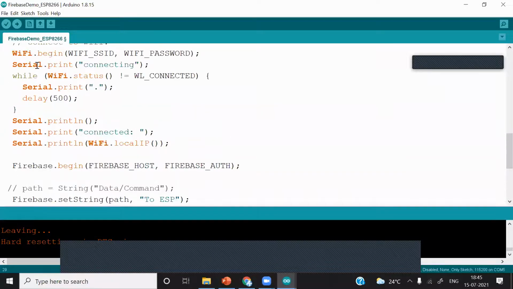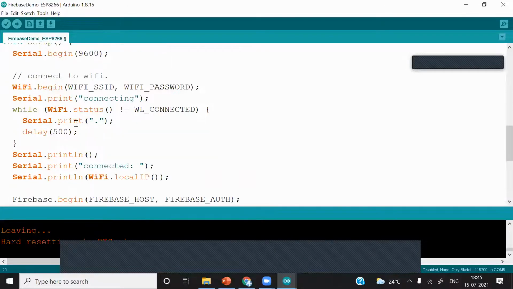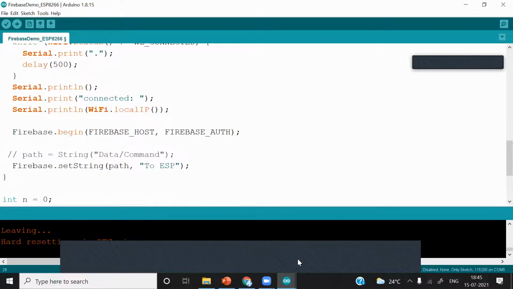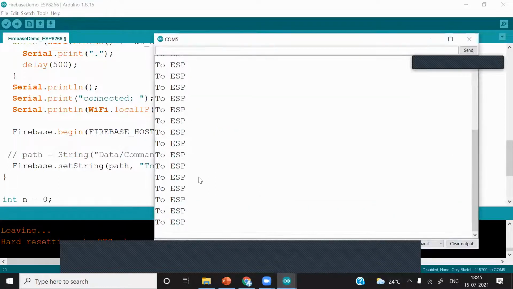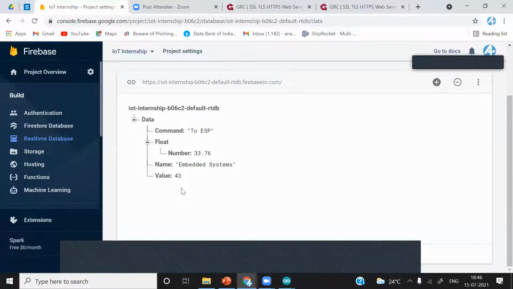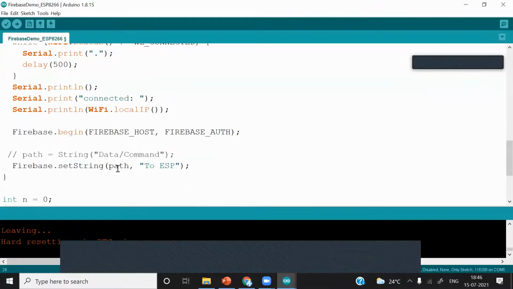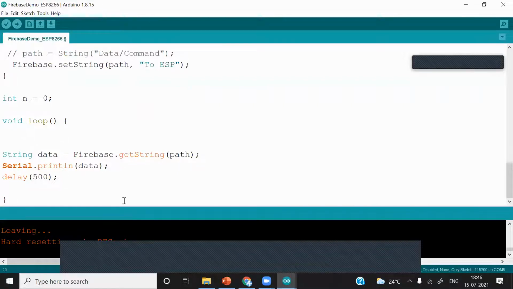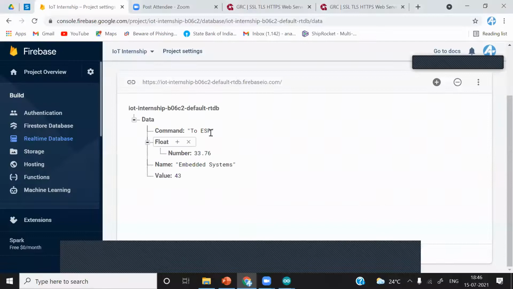Okay, see what is happening here. I told you that the code which is written in void setup only runs once. But we are seeing here that we are writing ESP8266 multiple times. It is not writing. Once you have written this data to this path on the Firebase, in void loop we are reading that again and again, and we are printing that data. So once we have put this data, it is reading it again and again. What we'll do is change this data manually and see what happens.